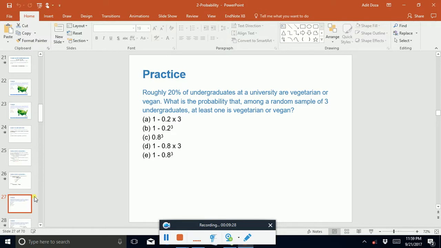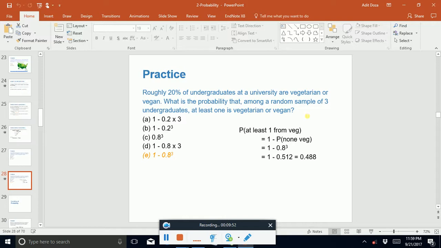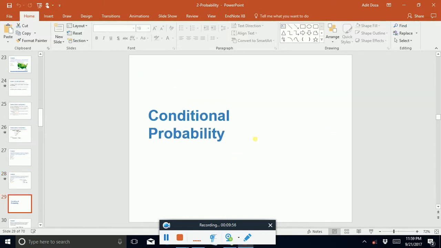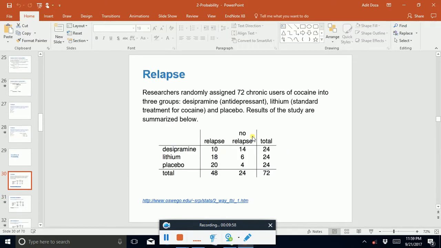Roughly 20% of undergraduates at a university are vegetarian or vegan. What is the probability that among a random sample of 3 undergraduates, at least one is a vegetarian? So it's like 1 minus non-vegetarian, right? So 1 minus, what would it be? 0.8 cubed. Yes, see, this is how you should do it. Okay,